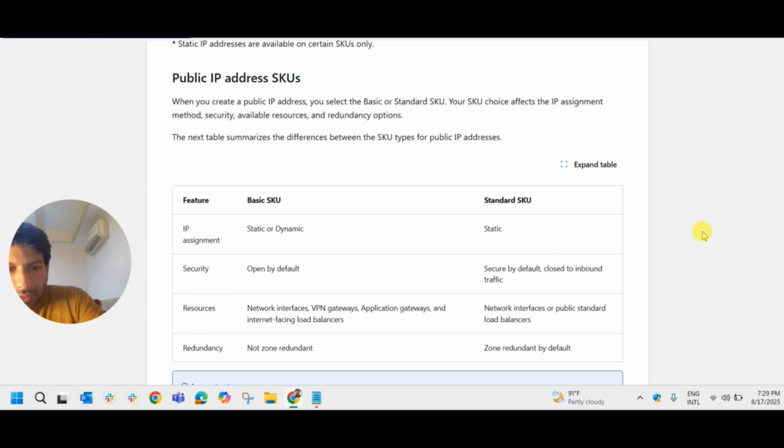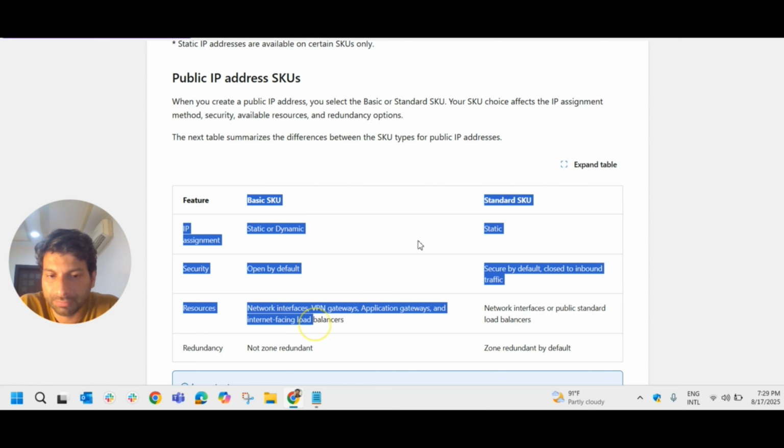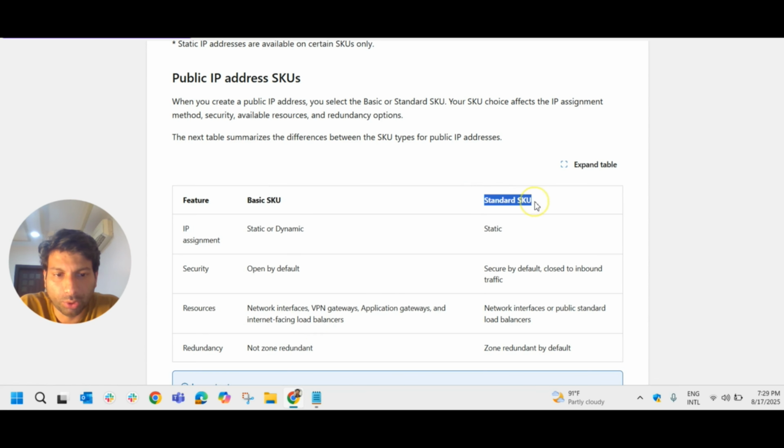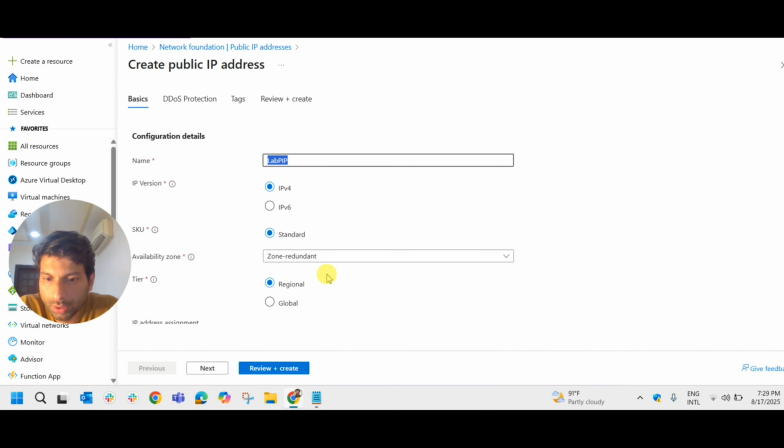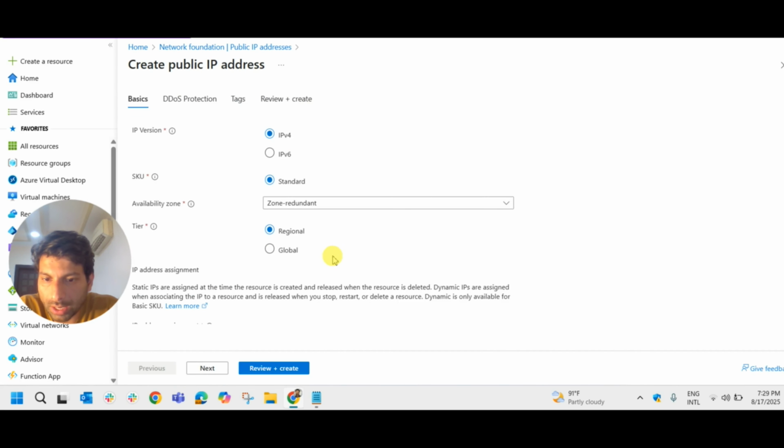Here in the documentation, they have discussed the difference between the features of basic SKU and standard SKU. As the basic SKU doesn't remain as of now, we will discuss only about standard SKU. IP assignment will be static. If you check it out here, as we are in the